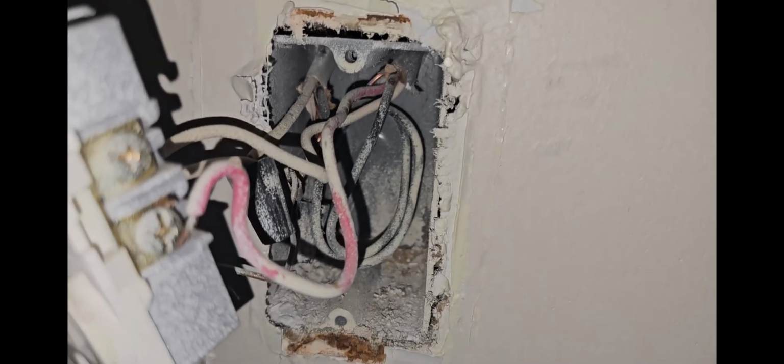Alright guys, let me turn this light on. I'm gonna show you guys one thing to determine which way the stud is, if it's on the left side or the right side. Only way you can find out, you see where the wire's coming in from back there? It's coming from the top left, okay? That's where it's coming in. This is also coming in from here. But what you can find out is by putting a screwdriver on the side,